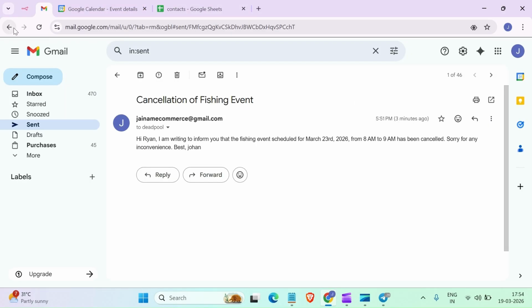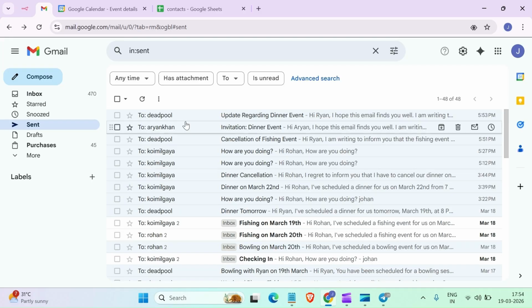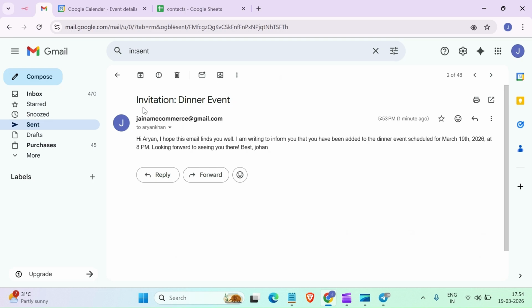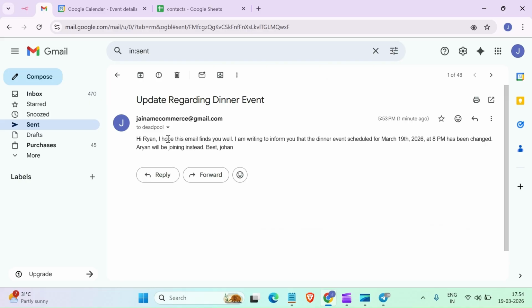Apart from this, we would be reloading this again. Inside the mail there should be two things. For Aryan, yeah, there is an invitation over here, which means he is inviting. Hi Aryan, I hope so. Fine, about the dinner schedule on the 19th. Fair enough. And if you see over here, he is writing to inform. Okay, so over here he's saying that. Fine. So instead of telling Rian that you are not invited, or for you the